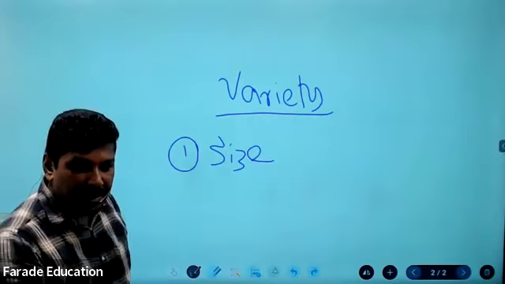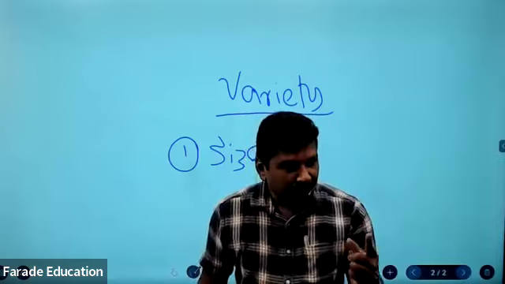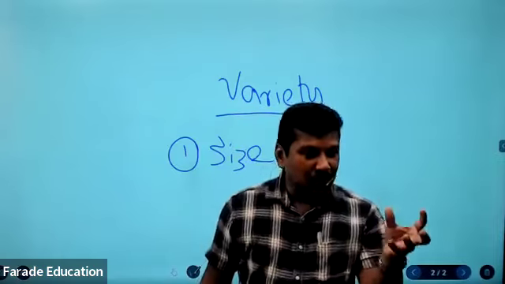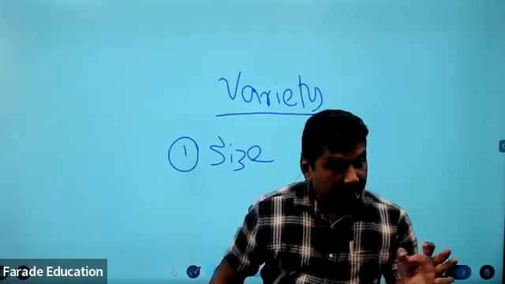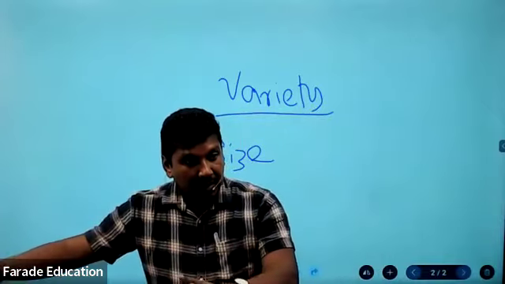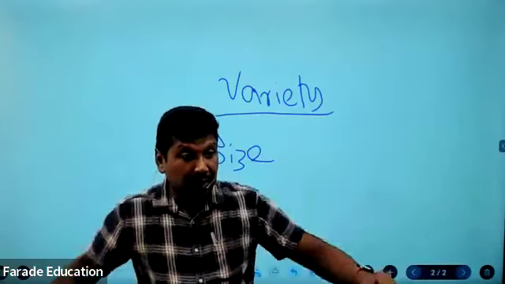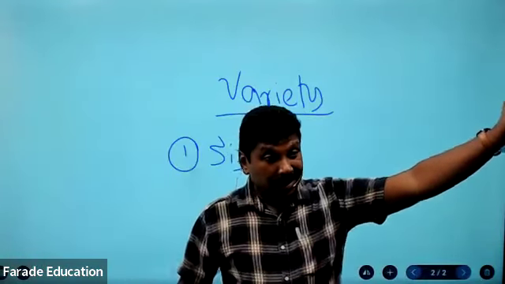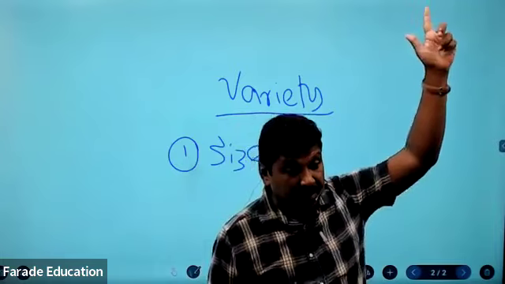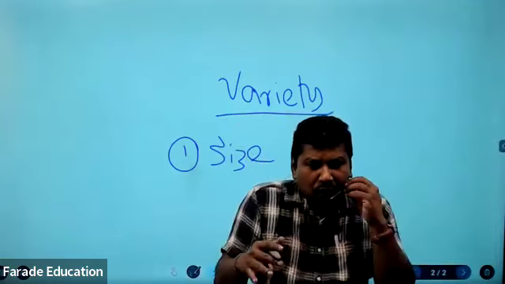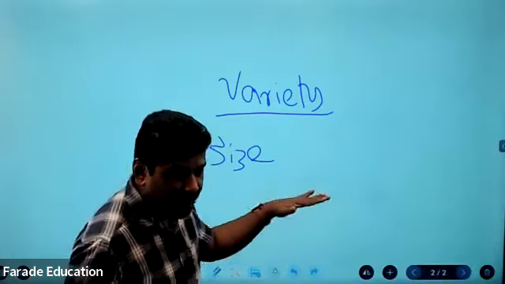For example, bacteria are so small. They have only one cell for the whole body, and that cell is also very small, between 1 to 5 micrometers. And there are some organisms which are very large. Take an elephant, with trillions of cells, very large. You take a large tree, the redwood, and its height is more than 100 meters. So there are a lot of differences according to the size of the organism. That is the size, and then